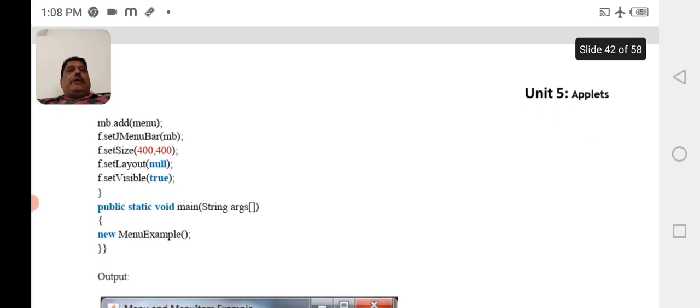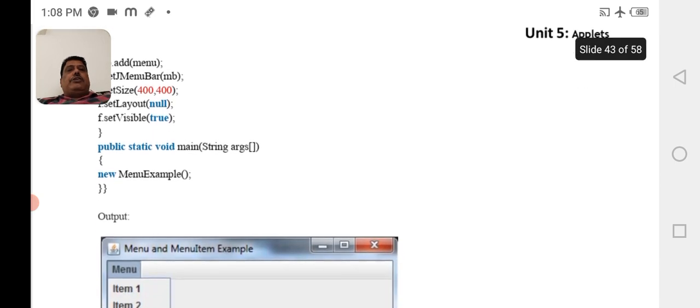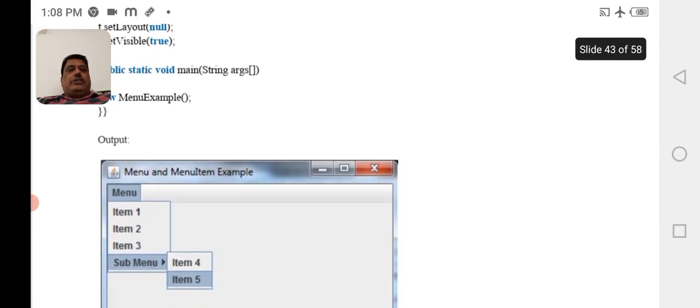Public static void main(String[] args), new MenuExample. So executing the above program, the output is